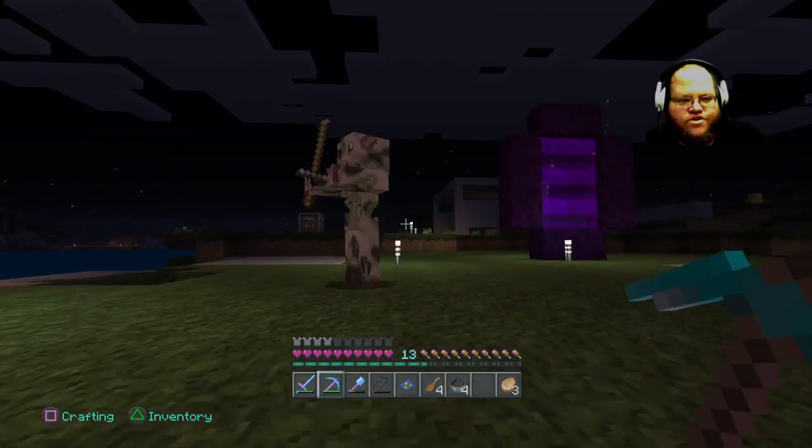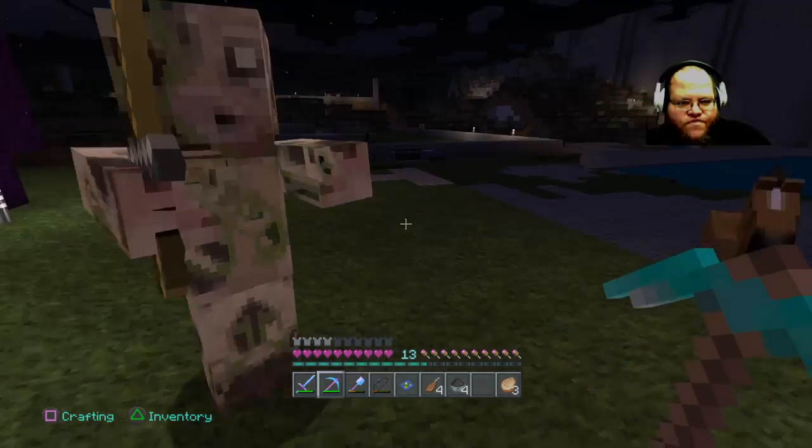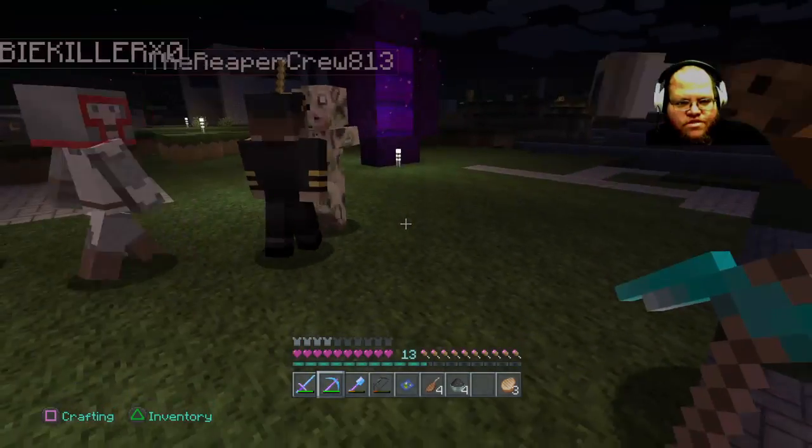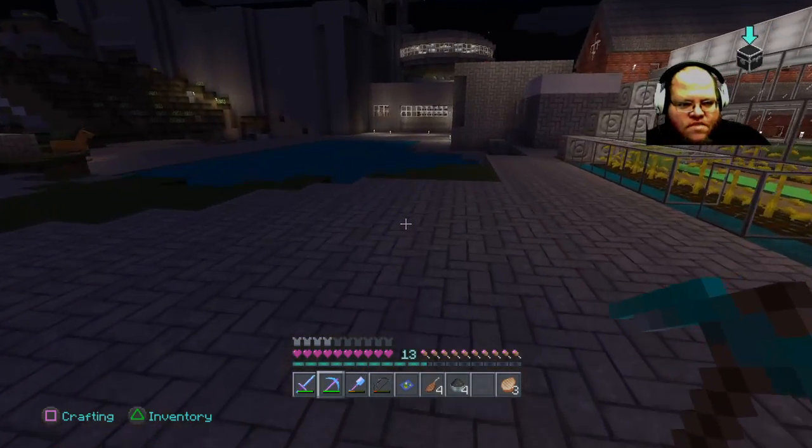They'll come over. As long as you don't attack them, they don't do anything. These guys are friendly. He's friendly. He won't do anything. But you can see a pigman. He doesn't do anything. He just sits there. He'll talk to you. He just goes,